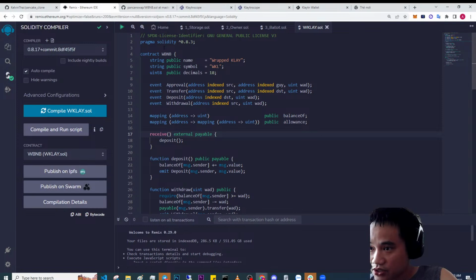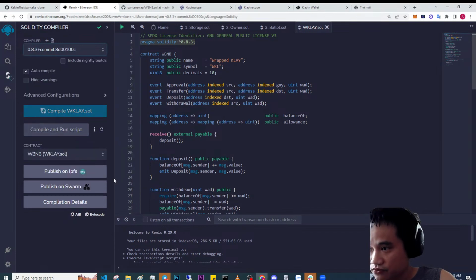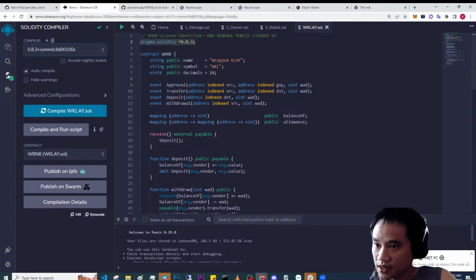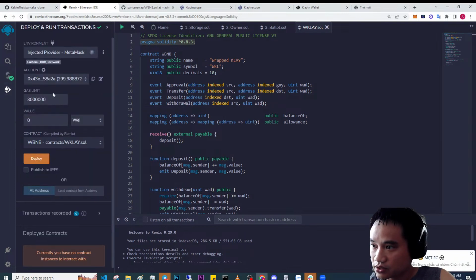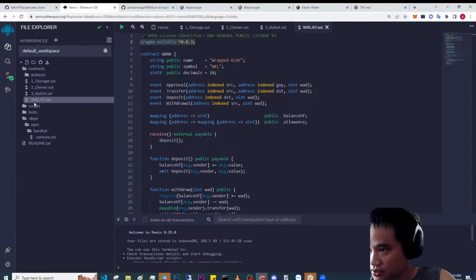And we need to change the compiler into a specific version, which is 0.8.3, and then we can start compile, and then we're gonna deploy it, inject it, gas limit, wrap BNB. Why is it still wrap BNB? I think it should be wrap Klay, because of the contract name, so we should change it. Wrap KL